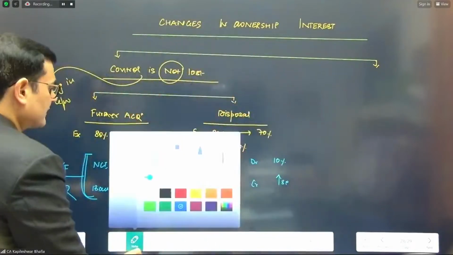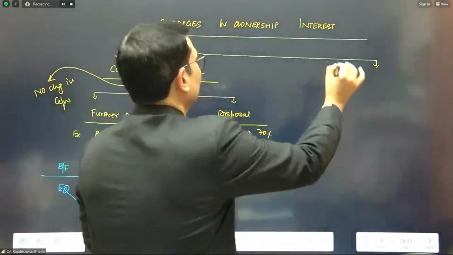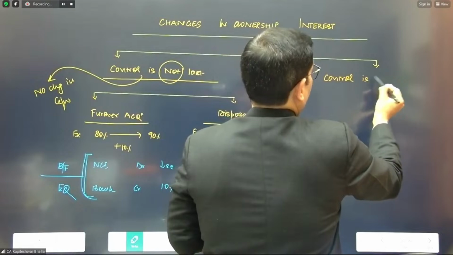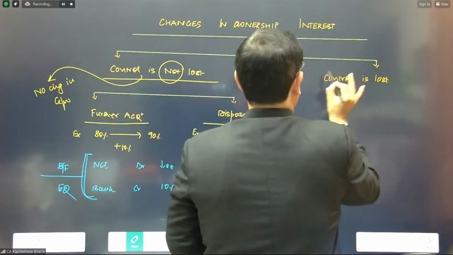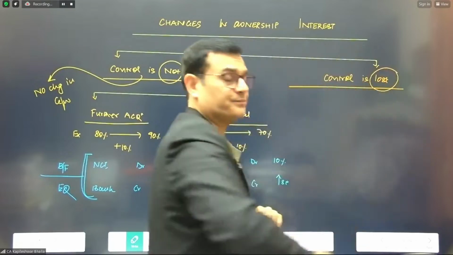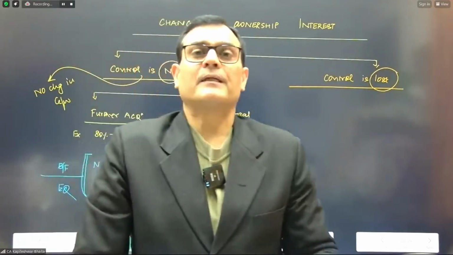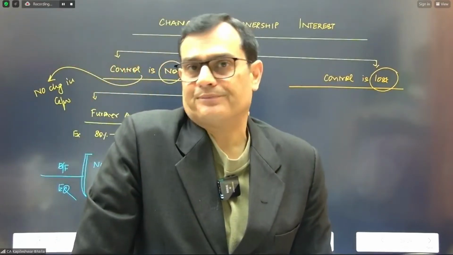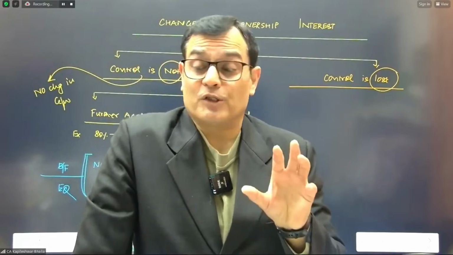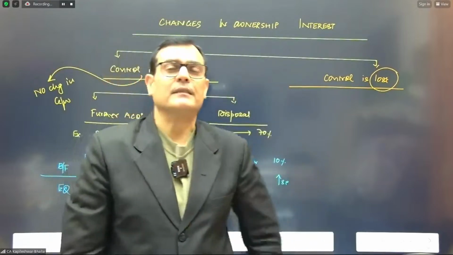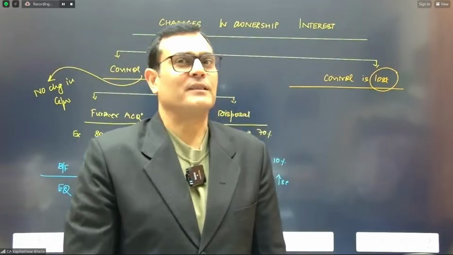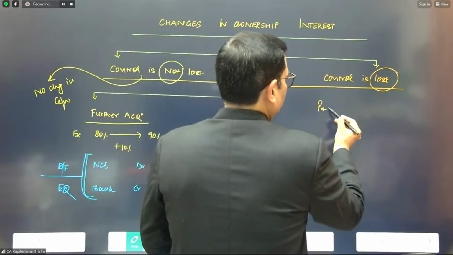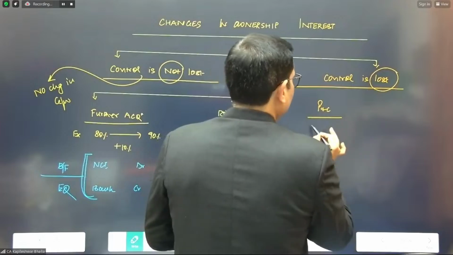Now, coming to the next agenda, and that is when the control is lost. The other case is that the control is lost. Now, if the control is lost, that becomes a very interesting situation because you are going to move out of the standard. Now the consolidation will not take place under 110. In this space, there can be a lot of permutation combinations. Number one, we can say